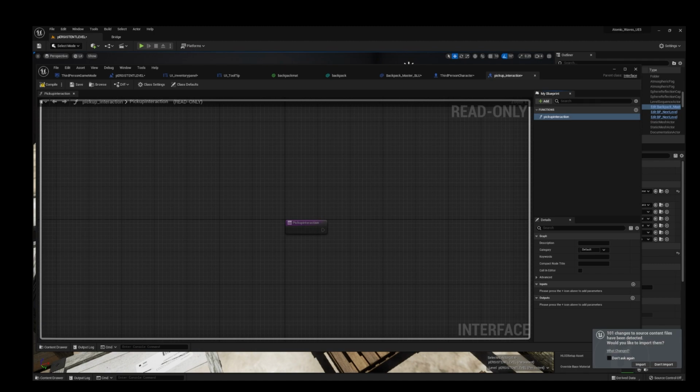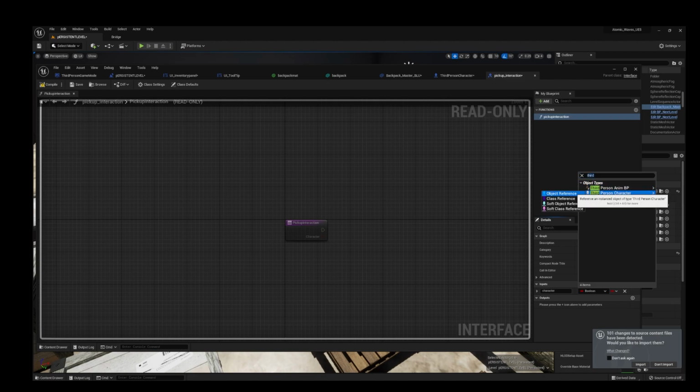And then we're going to go over to inputs here. We're going to call this character. Character. And then we're going to get third person character as an object reference.